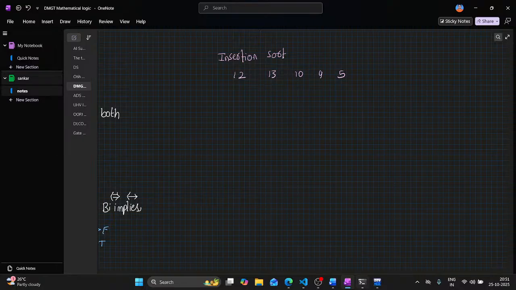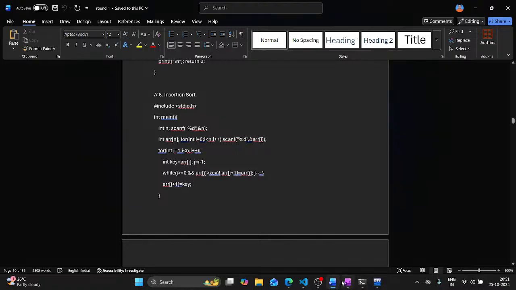Or is that what you are doing? For int i is equal to 0, i less than n, i plus plus. Okay, leave it. For int i is equal to 1, i less than n, i plus plus. Okay, you are choosing a key. You are choosing a key and